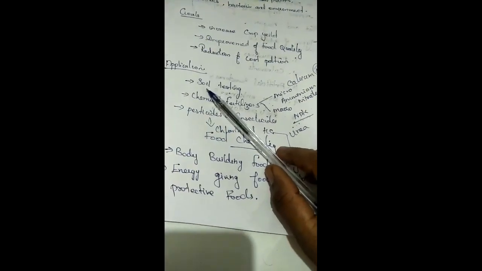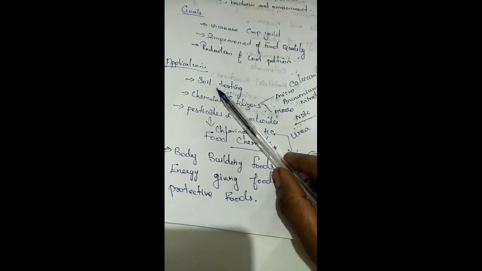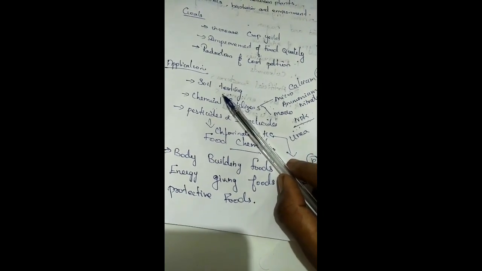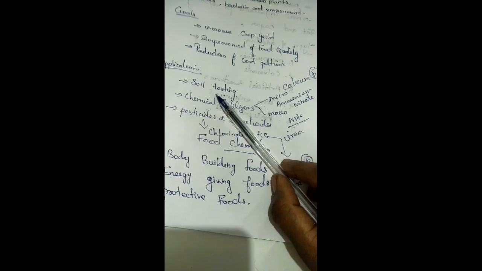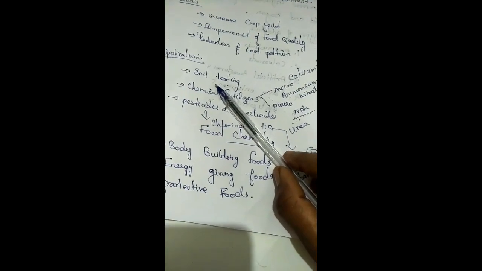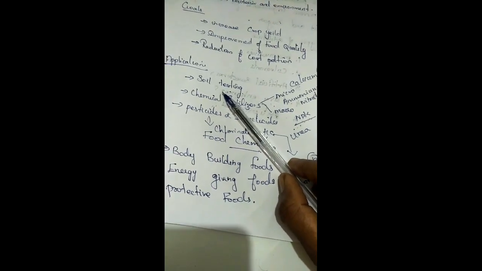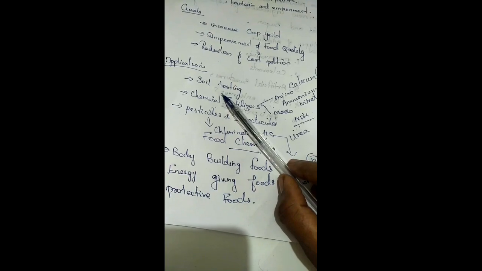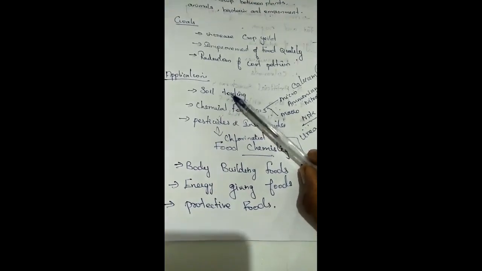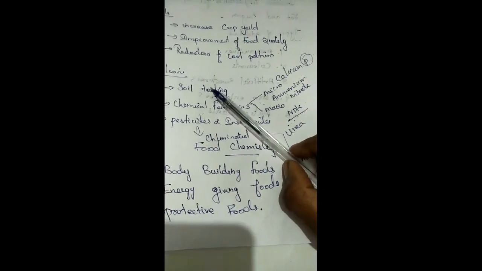First one is soil testing. What is soil testing? Fertile soil is good for the yield. So, for good fertility, how will they identify it? By testing the pH. The pH plays an important role in the agricultural field. Soil testing involves the pH. pH 7 means neutral, less than 7 is acid and above 7 is base. By these values, they can say this soil is suitable for such and such crops.